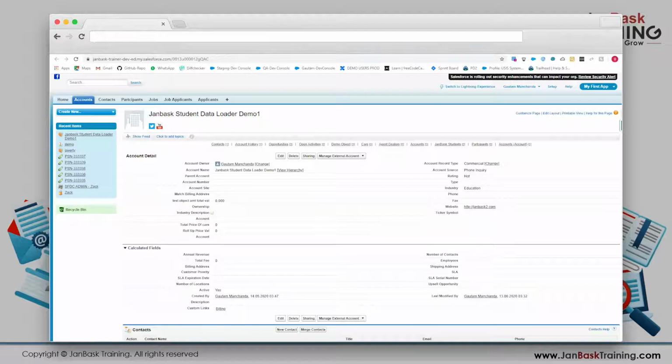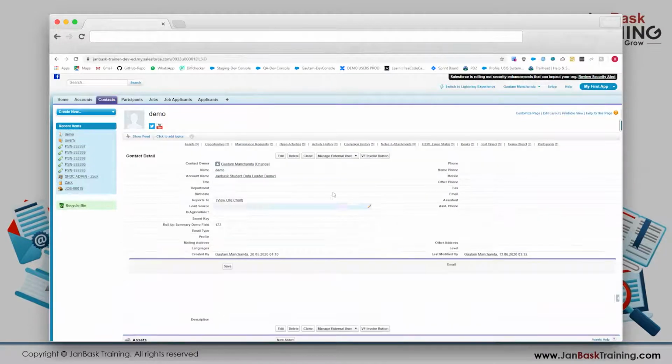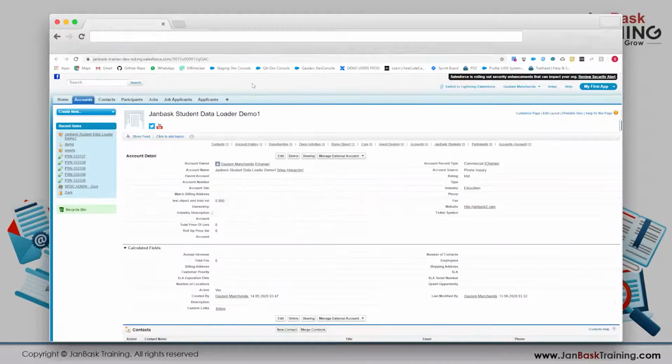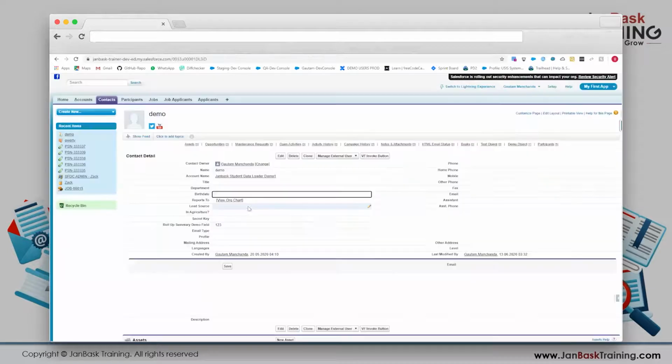Now suppose we are on a particular object, say a contact, and I want to see the account industry over here. What usually happens is my sales users have to check the industry, so they again and again keep opening the account record in a new tab, check the industry, and then go back and start working on the contact. This is just a waste of time, 5 clicks which are absolutely not required.